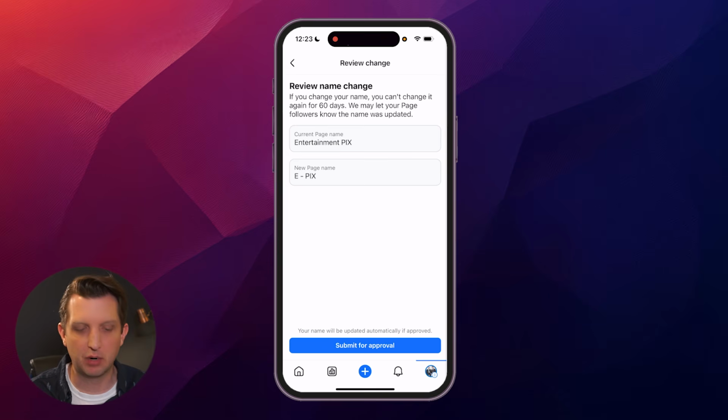And the key thing to remember here, and it gives you a warning at the top, is that once you change the name of your page, you can't change it again for 60 days. So this gives you the opportunity to make sure you review it, make sure everything is spelled correctly, it's exactly what you want it to be, before you click on Submit for Approval, and then it will change